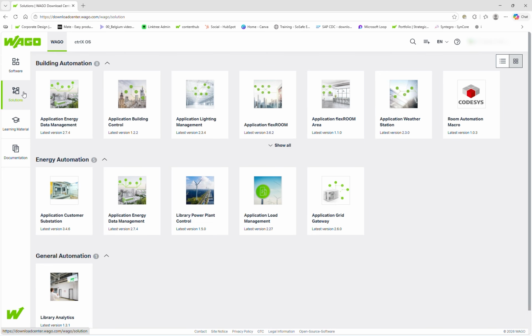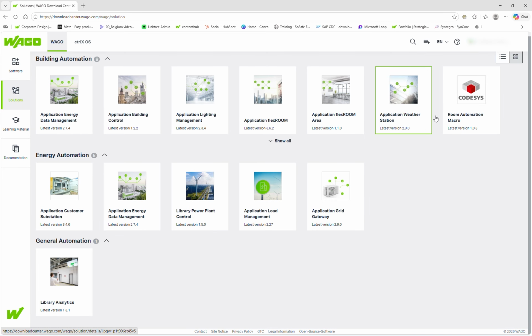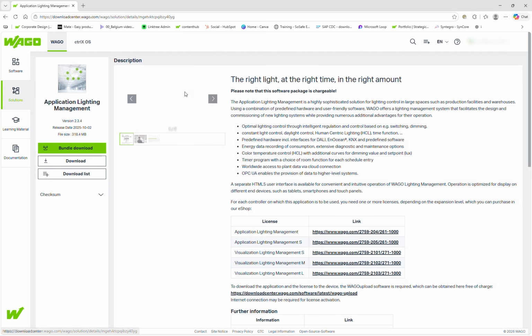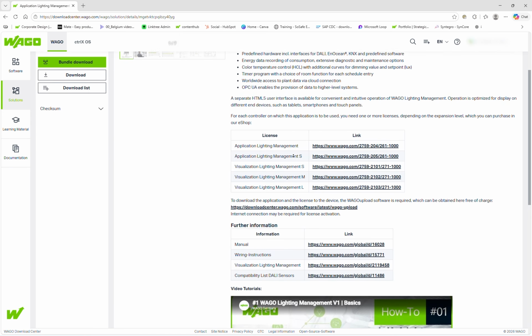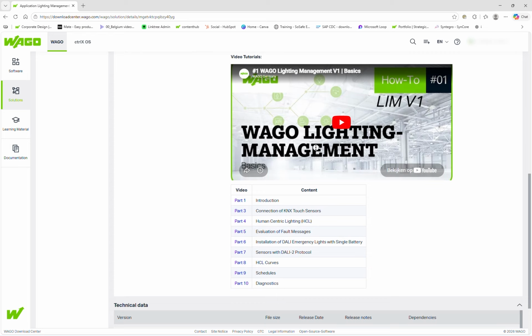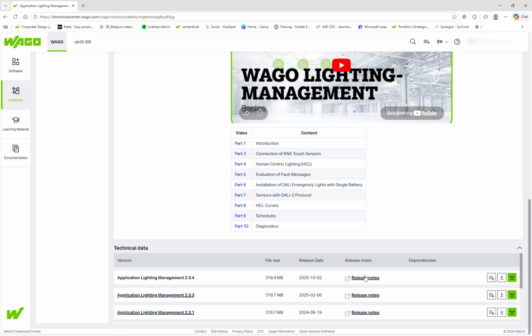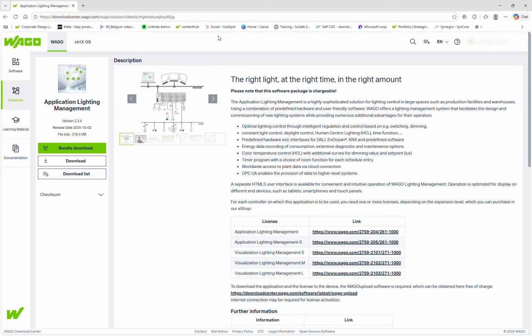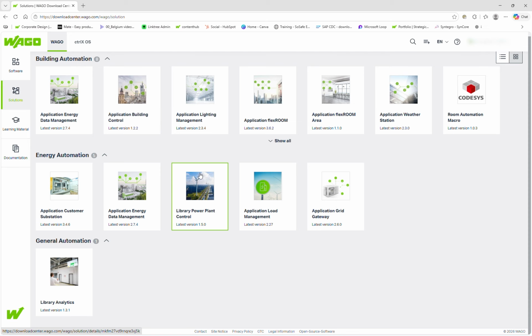For those with limited expertise or little time, we offer a wide range of applications that have been carefully pre-configured by our experts, helping you save time and simplify your workflow. On the Solutions page, you can easily explore all WAGO applications and discover the different versions we offer, giving you a clear and complete overview of all the available possibilities.